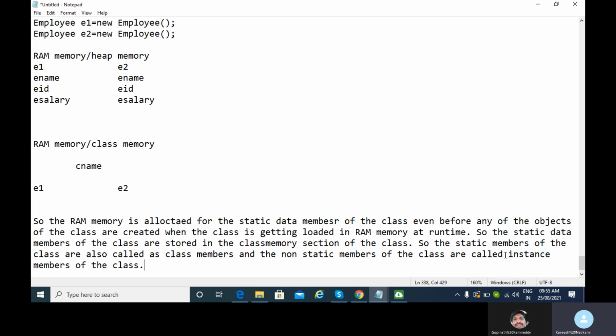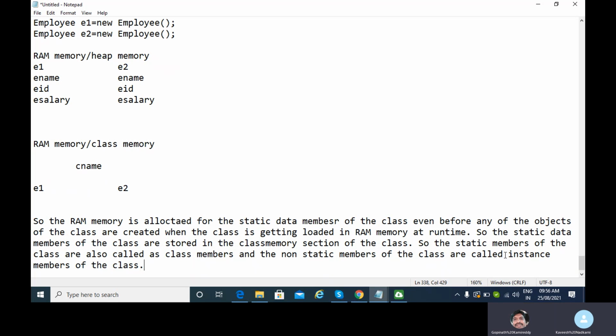Also, regarding static data members, I would like to tell you one point: if I change the value of a non-static data member for one object of the class, then the value for the same non-static data member for other objects of the class will not change, because every object has its own unique copy of the non-static data.